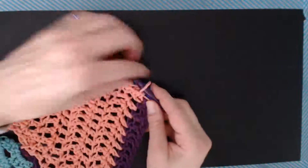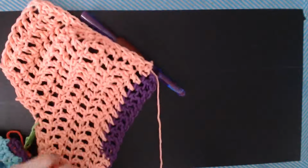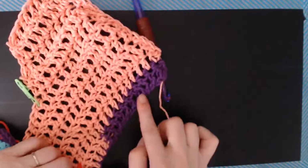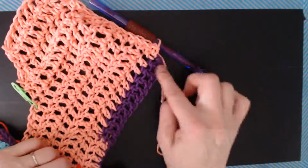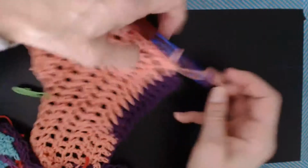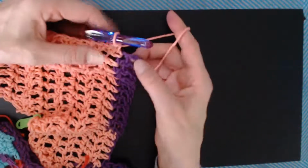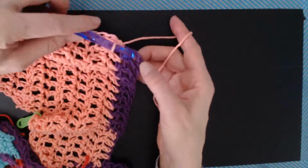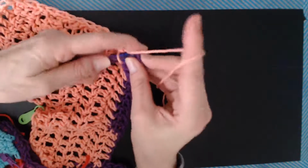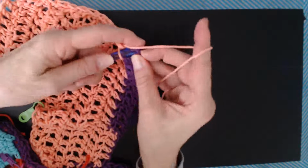Now see, nothing unusual happened here. This was my beginning chain from the armpit, the 32 or 33, and this is where we turned. And I just changed colors so that you guys could see better. Now here's our next corner that we're going to turn. Right here are these two chains that we skipped, and you're going to crochet into one of the skip chains,